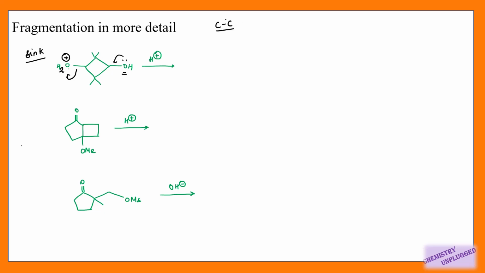It is a bond between two equal types of atoms, so there is no polarization in this bond. We can easily break this OH bond, because we have polarization over here, right? So we can break this bond easily. But to break a carbon-carbon bond, we need a polarization in the molecule, and polarization can be possible when we have